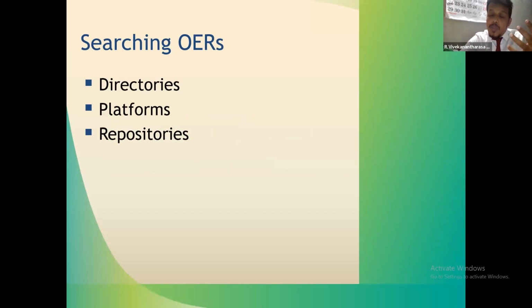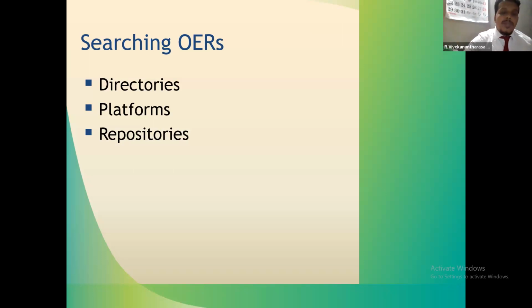Now you need so many resources, I mean, so many materials for your literature part or even analysis or methodology. So how can you find the relevant OER materials? You can find them from directories, platforms, or repositories. So there are three main